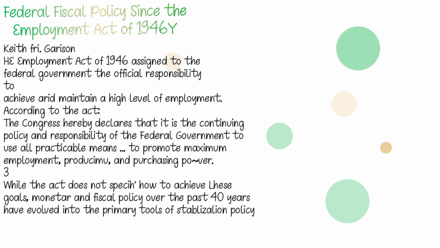According to the Act, the Congress hereby declares that it is the continuous policy responsibility of the federal government to use all practicable means to promote maximum employment, production, and purchasing power. While the Act does not specify how to achieve this goal,